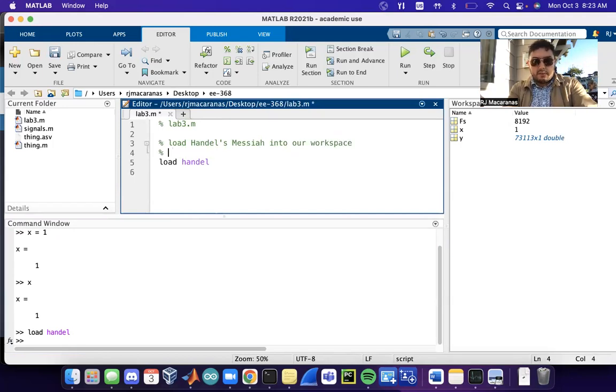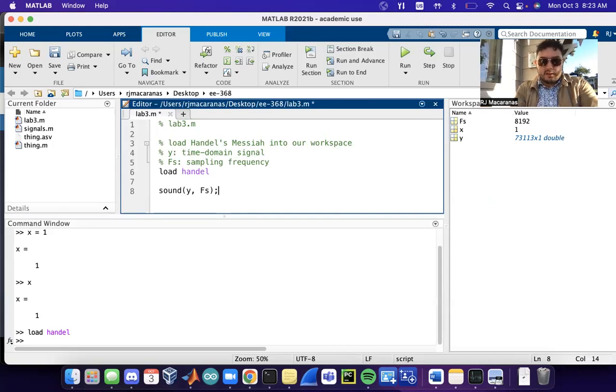We have y, which is the time domain signal, and we have fs, which is our sampling frequency. Now, with those two, we can use this sound function to listen to just the audio sample of Handel's Messiah, and we can then plot